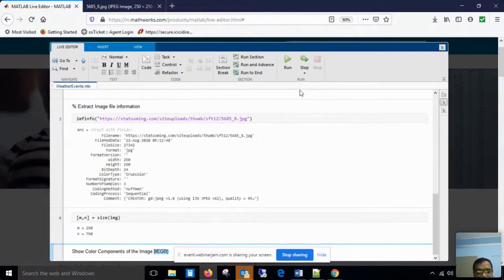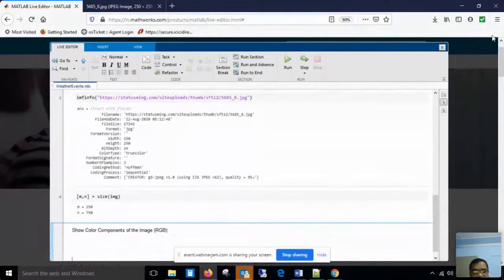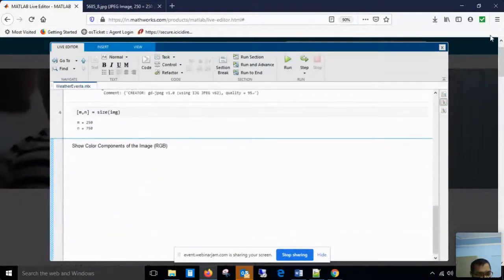As I have already told you, my image is a colored image, and it is composed of three color components, red, green and blue. In this scenario, I just want to see what the values of the red, green and blue components are.